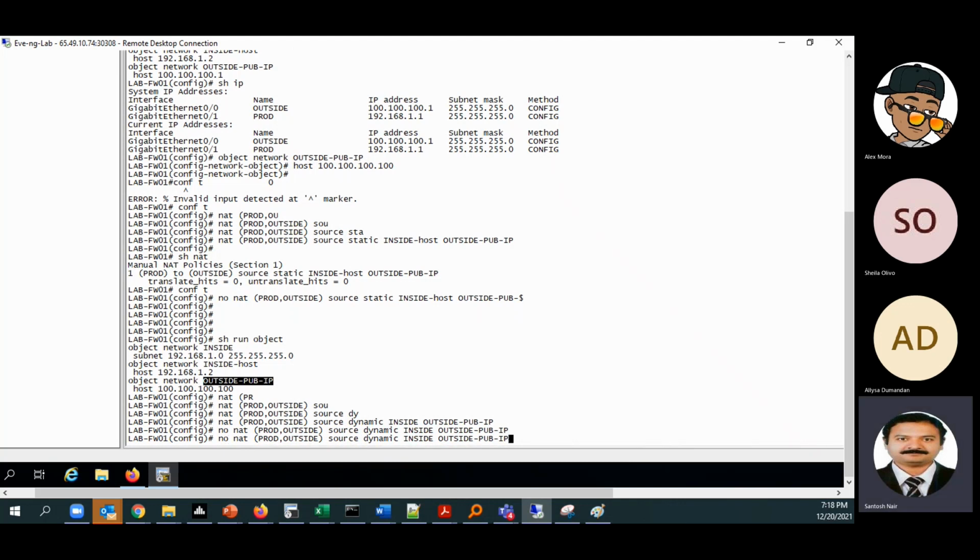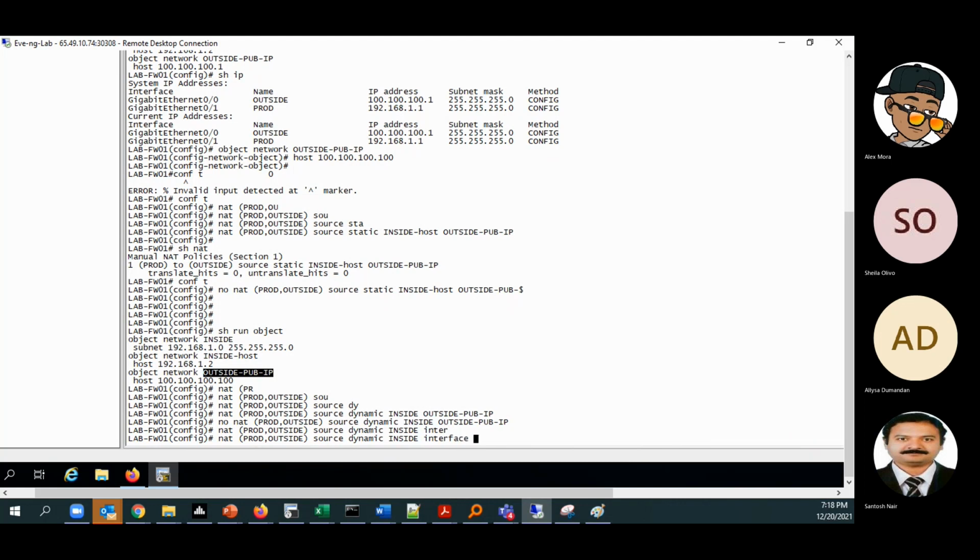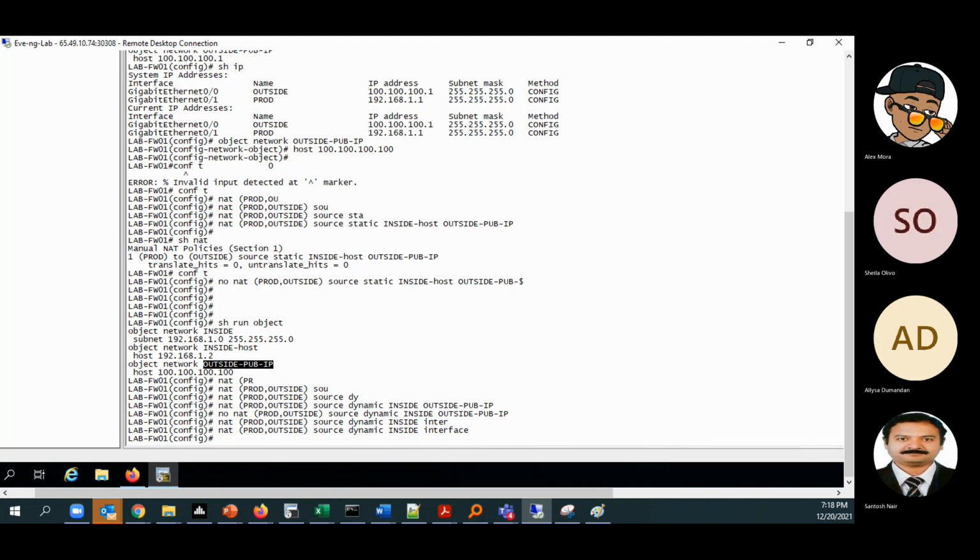And I will NAT this to the interface now. Okay. So now it is NATed to the interface. What is happening? Currently we have only one NAT, that is the dynamic PAT that we have configured.